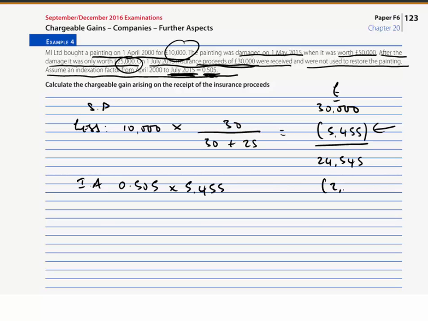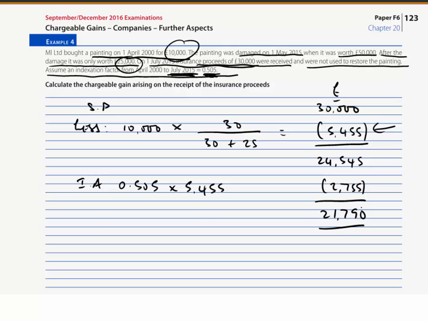Multiply it through. I got that to be £2,755. Take it away, and that will give us a chargeable gain remaining, which I made £21,790. There is your bottom line chargeable gain to be shown within the corporate tax computation of A Limited for